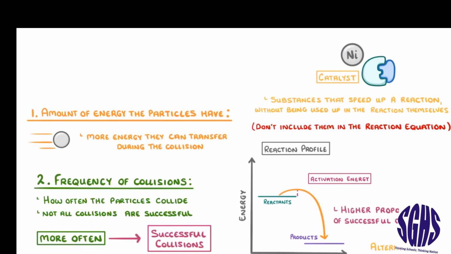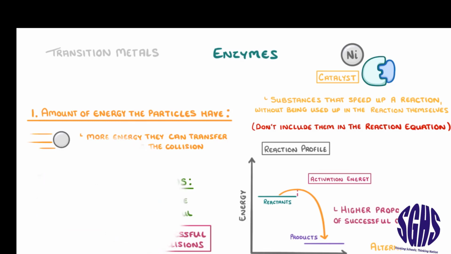The word catalyst is actually a pretty broad term, and a whole range of different substances can act as catalysts in different situations. One of the most common sources of catalysts, though, are the transition metals, like cobalt and nickel. And if you do biology, you'll have come across them in the form of enzymes, which are just catalysts made by living organisms. Anyway, that's